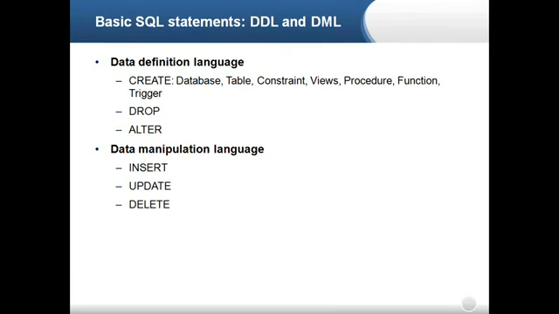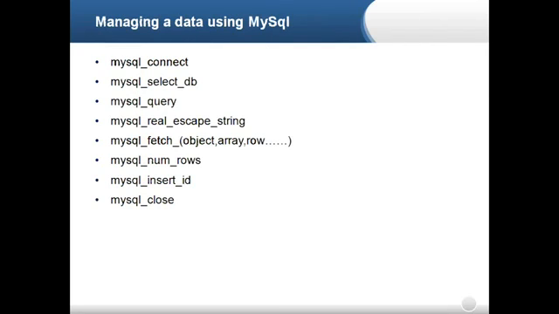Now, as PHP provides the built-in APIs for MySQL, we'll see what functions it supports, or a few of them which we will be using throughout our system. To connect to the server, we have a function called mysql_connect. This is to connect to your database server. Then you could have many databases within one server, so to select the database, you have mysql_select_db. I'll come to the syntax later on when we create the demo application in our session.